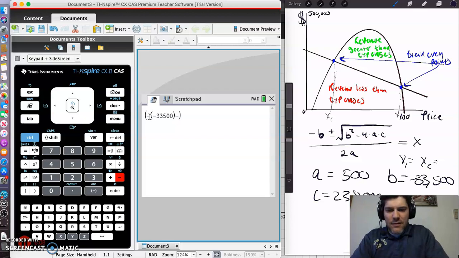And that's going to be minus or plus the square root. This is just me running all my information into this equation here: square root of negative 33,500 minus 4 times a, which is 500, times c, which is